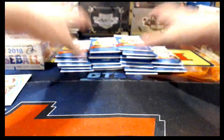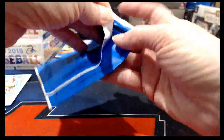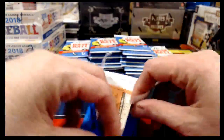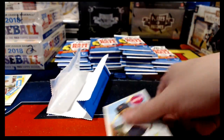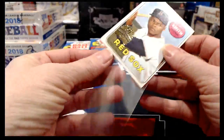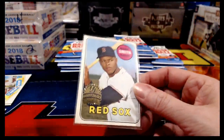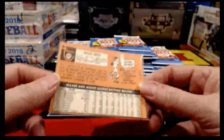And of course, I'm sure the majority of you remember these 1969 cards. They're all kinds of crazy. Most of the time they're off-center and miscut and everything else. But every once in a while you'll pull one out of there that's nice. But most of the time they're often well-worn and well-loved. This one happens to be curved a little bit in addition. And that's because they literally bought them back from somebody and then stamped the 50th anniversary logo on it. So the box topper